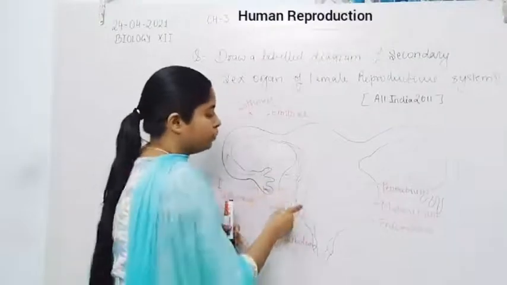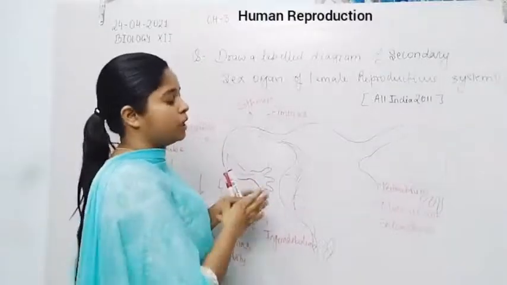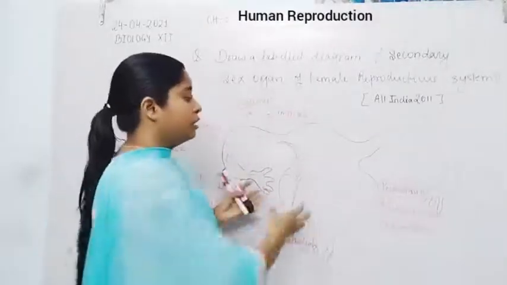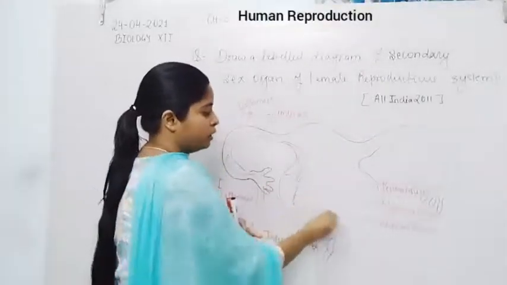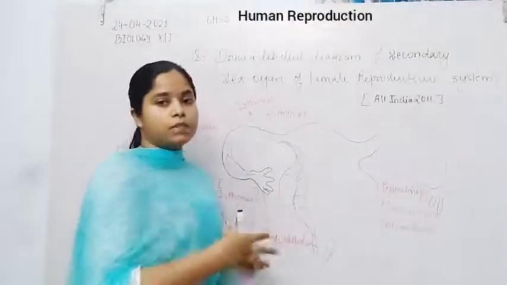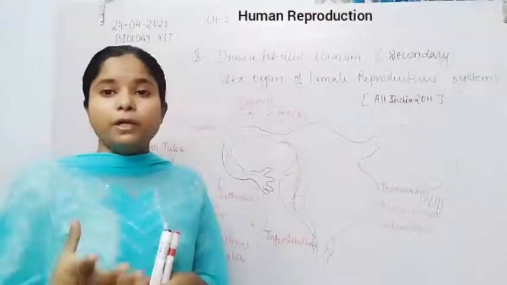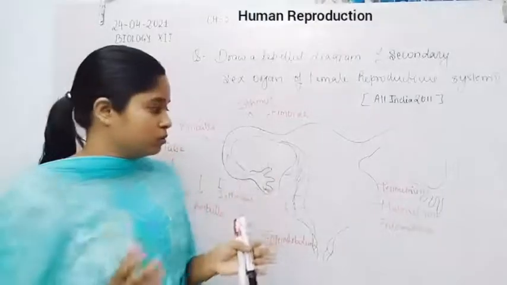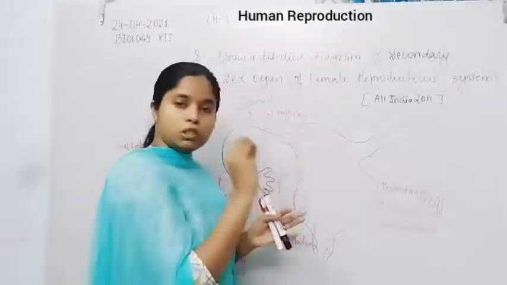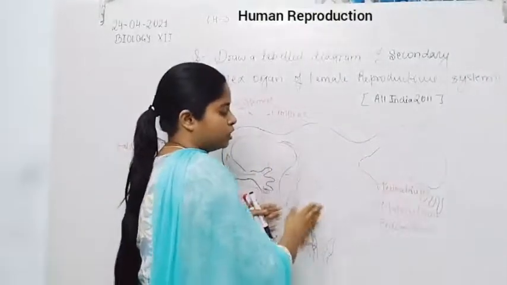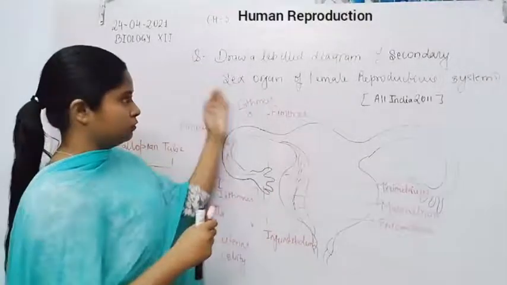So blood and tissues are released, because the endometrium wall is mainly formed by blood vessels and patches of tissues, for the proper implantation of the embryo. So the endometrium wall provides a suitable environment, and its cells undergo rapid division, so that they cover the embryo, to ensure the proper implantation of the embryo. So these are the characteristic nature of the secondary sex organ.